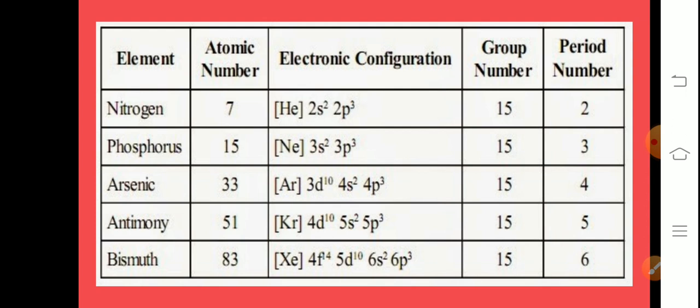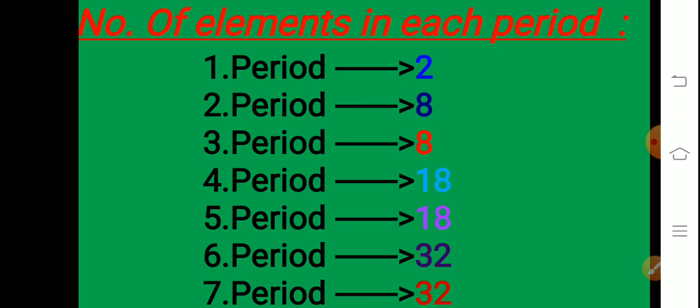Next, another trick you must remember: the number of elements in each period. You know very well we have 7 periods in the modern periodic table. So if I ask a question, how many elements are there in the 4th period? Can you answer it? Suddenly you can't, but after listening to this you can. Okay, let's have a look. Listen. The number of elements in a period depends on how electrons are filled into various shells.